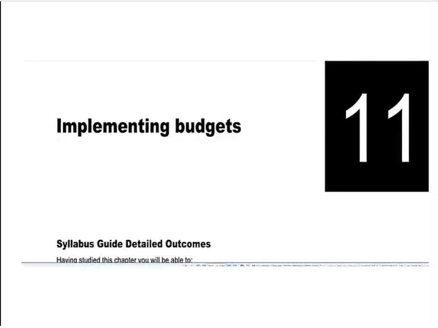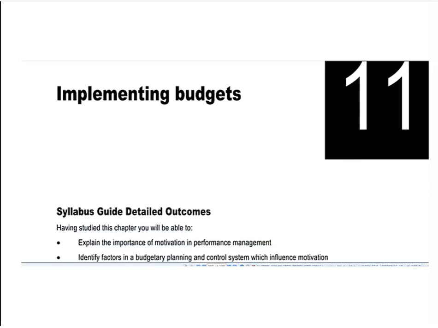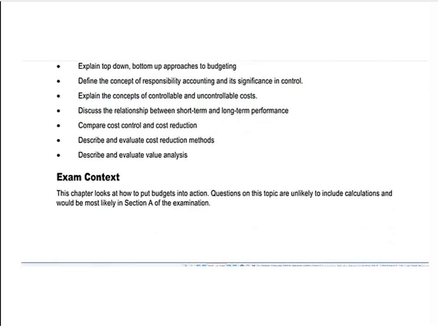Welcome to Chapter 11 on implementing budgets. In Chapter 10 we considered how to set the budget and we looked at the numbers that would go into the budget. In this chapter, however, we are going to look at areas such as motivation and approaches to implementing the budget. Where you're likely to see this chapter examined in the F2 exam is in section A of the